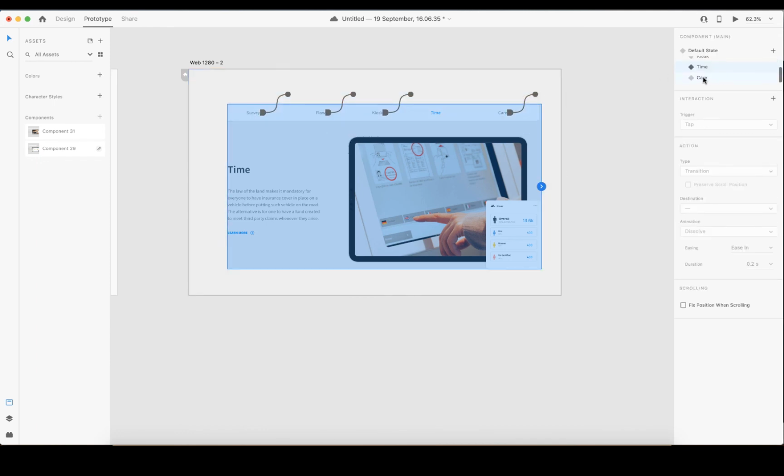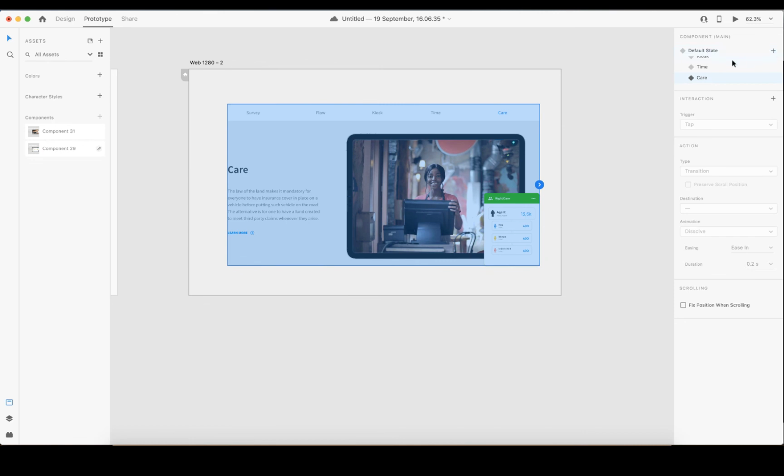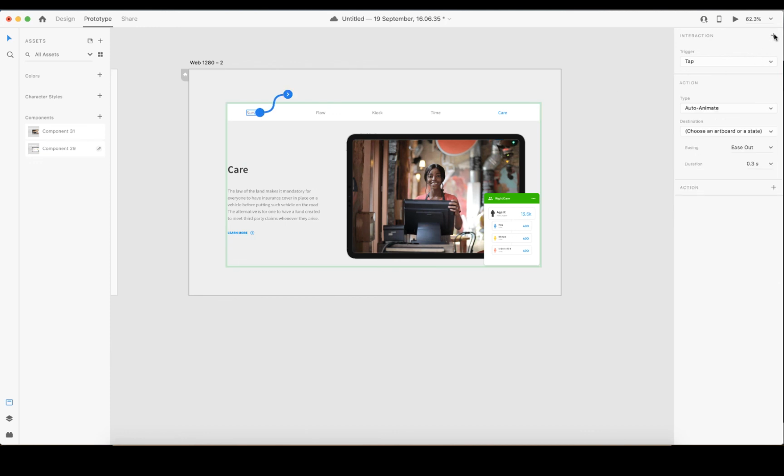So we are doing the last one now, which is care. Once you select care, you come here, click on survey, come here, default, click on this, then flow, kiosk, then time. Since this one is the default one, no need for that.